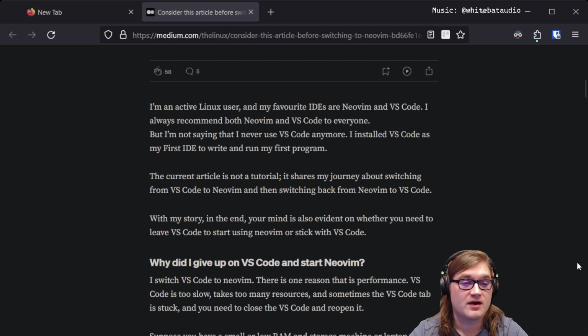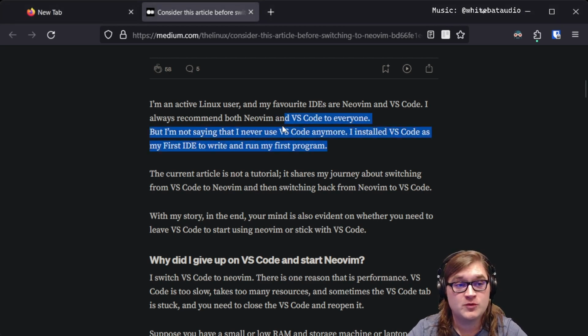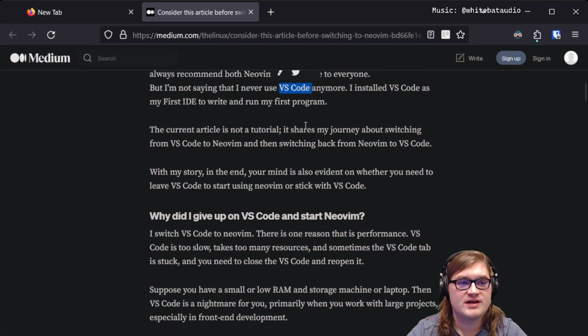VS Code? Okay. I'm an active Linux user, and my favorite IDEs are Neovim and VS Code. I always recommend both Neovim and VS Code to everyone, but I'm not saying that I never use VS Code anymore. I installed VS Code as my first IDE to write and run my first program. I, too, as a Neovim user, still have VS Code installed for some odd things here and there, but let's go see what his reasoning